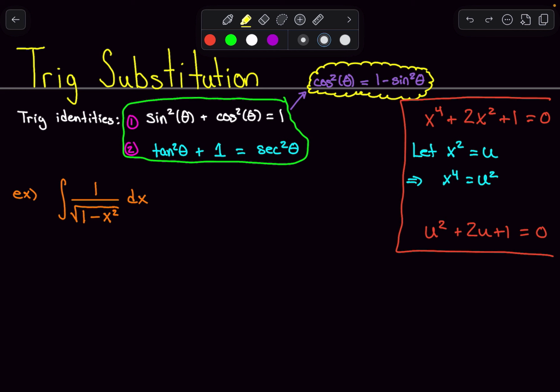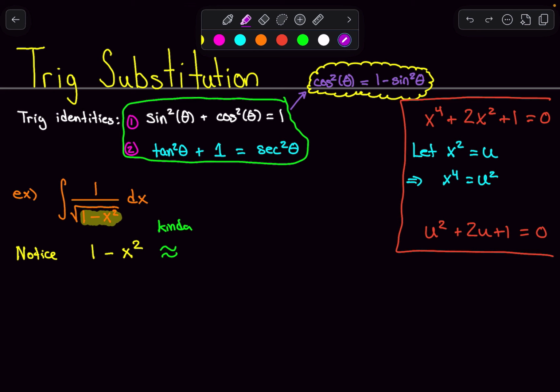And the idea here is that we're going to take a very close look at what's going on inside of this square root. And what I'm going to notice, and you may not have ever thought about this in your life, is that 1 minus x squared kind of looks like, what does it look like? Well, there's a reason I had you circle this earlier. It kind of looks like